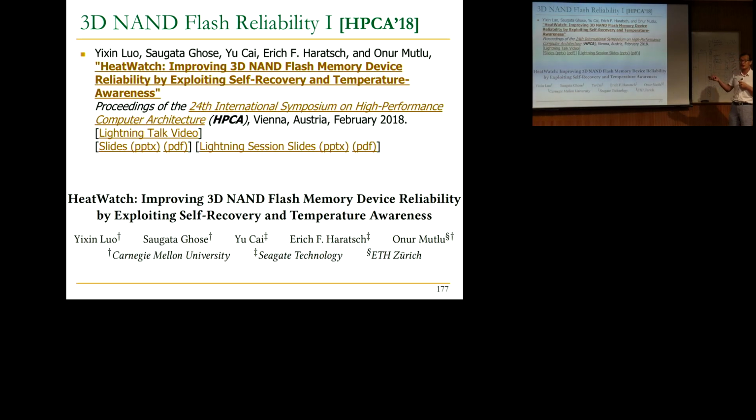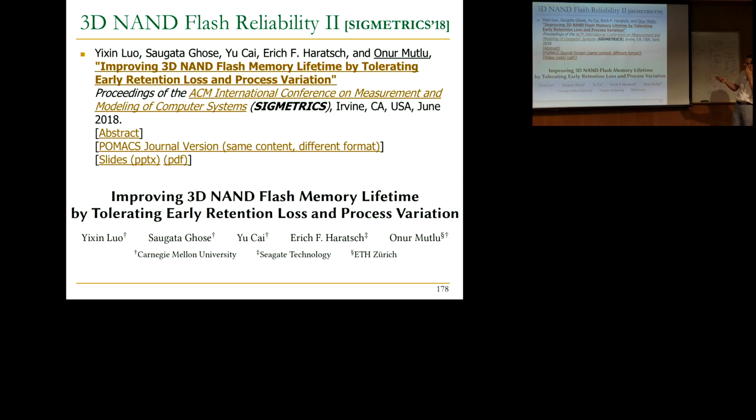Okay, so we've been looking a lot into 3D flash memory also, and I recommend some of the papers over here. And this is the latest one in Sigmetrics. It's about a 50-page paper. Once Sigmetrics switched to the journal format, it's very nice, I think. You can actually write as long as you need to write in a paper, as opposed to whatever is dictated by the page limit of a conference. So I really like the Sigmetrics model in terms of conferences.